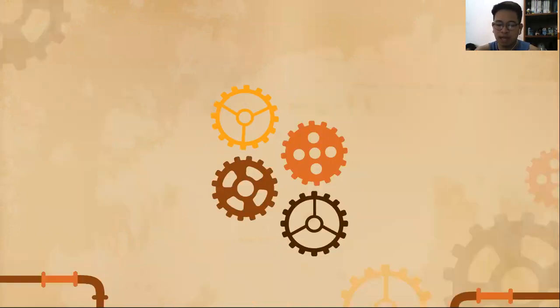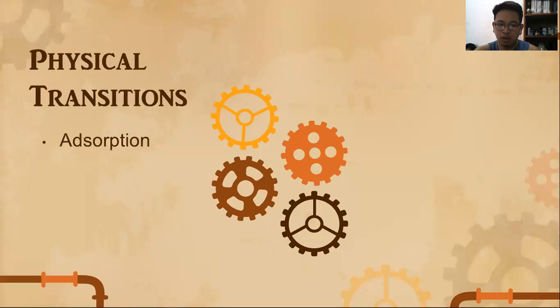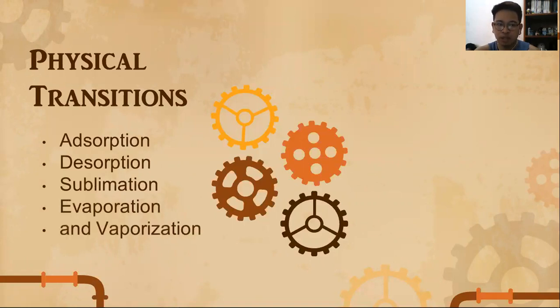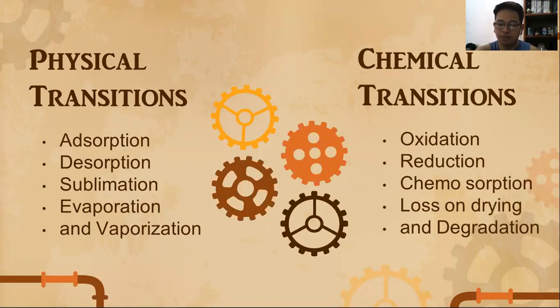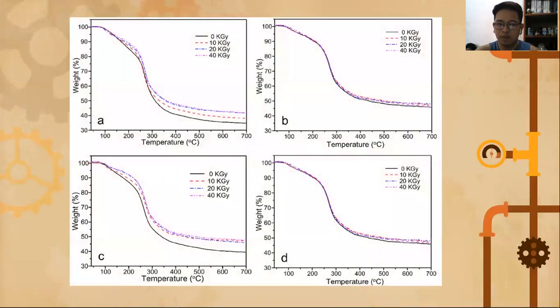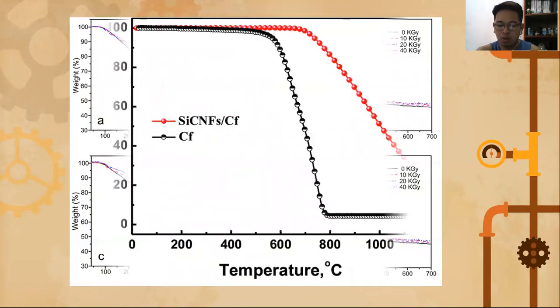Transitions may occur typically as physical transitions: adsorption, desorption, sublimation, evaporation, and vaporization. They can also occur as chemical transitions, which are oxidation, reduction, chemisorption, loss of drying, and degradation. This technique is appropriate for analyzing volatile products and gaseous products lost from thermoplastics, thermosets, elastomers, films, fibers, grains, etc. Here is a TG curve from analysis of CS/GO composite films,